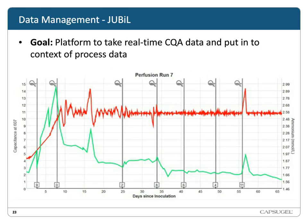One of the ways that we're looking at using this is a software tool we developed in-house that we call Jubal. The goal of Jubal was to take real-time quality attribute data, and CQAs could mean galactosylation, sugar residues, or media profiles, and then begin to understand how we can apply that CQA data within the context of process data. As shown on this slide, we have capacitance and ammonia as a function of time. This is day since inoculation. What you can see is we can plot in real time, using the MAST feeding samples to our NOVA,